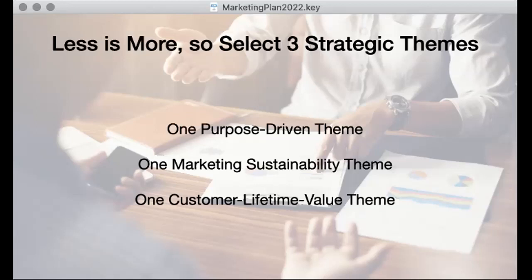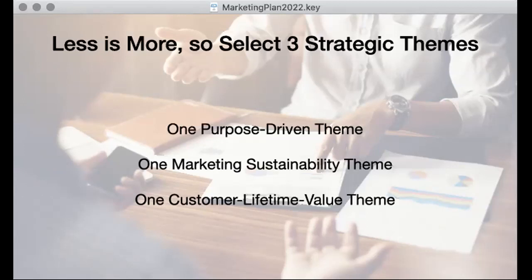So figure out between you as an organization or as a company, what is our higher purpose? Beyond just selling products and services, why are we actually here? What are we trying to do that adds real value to the world around us? Choose a theme that you can focus on in 2022 that will underpin all of the activities that you do